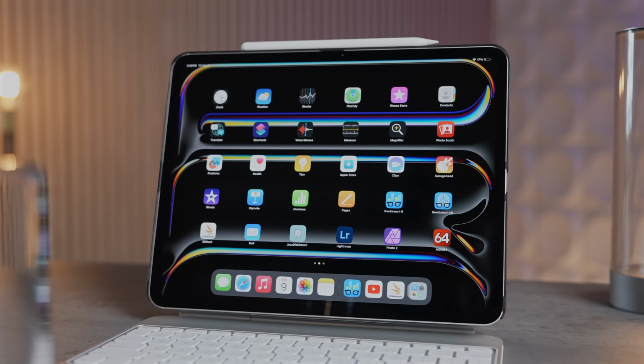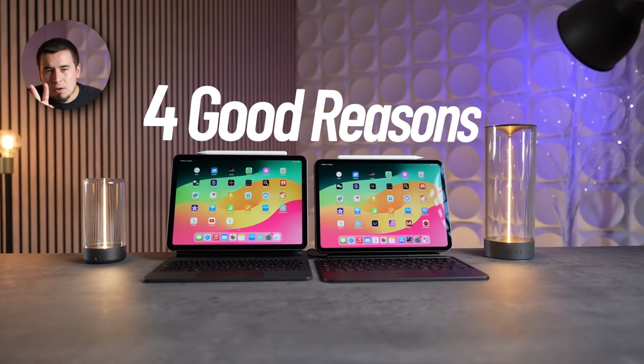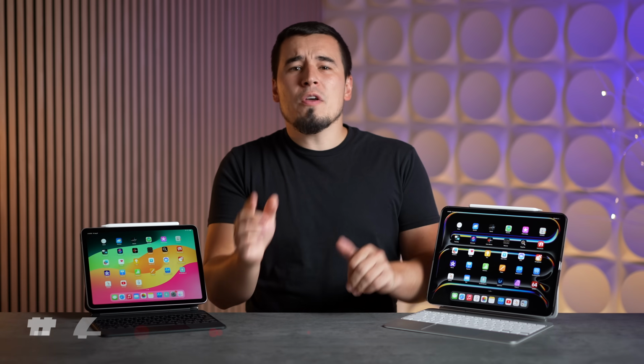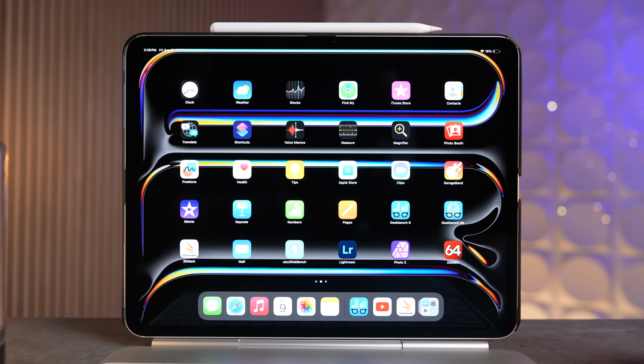iPads are about to get, wait for it, great again. And I have 4 really good reasons for it that just might be big enough for you to hold off on buying an iPad right now. Starting with reason number 1, which has nothing to do with the amount of cash in your wallet or lack